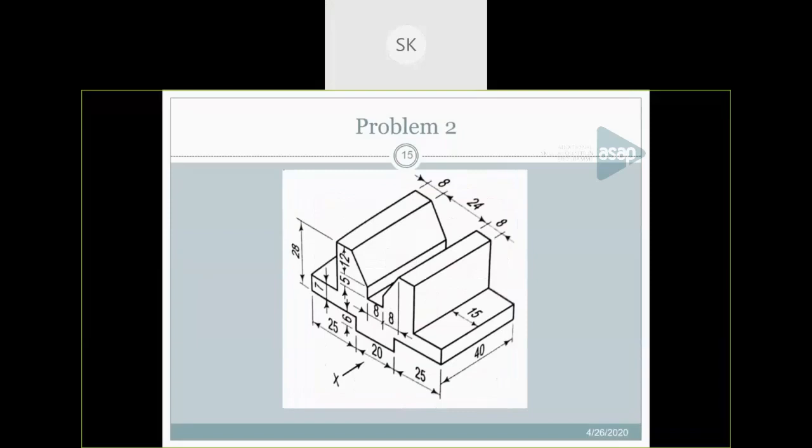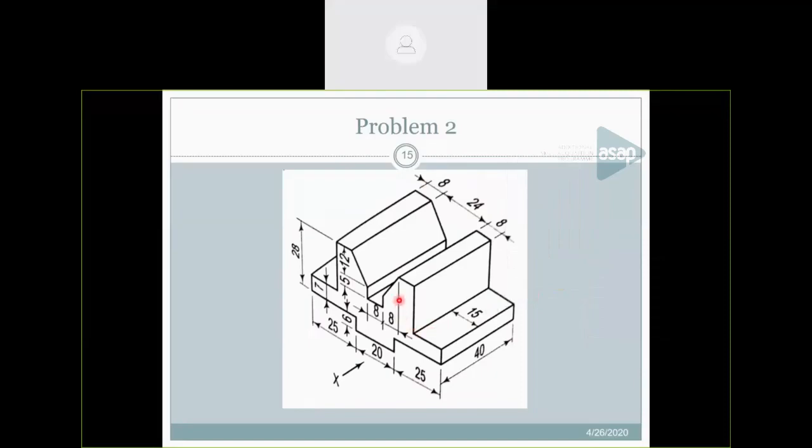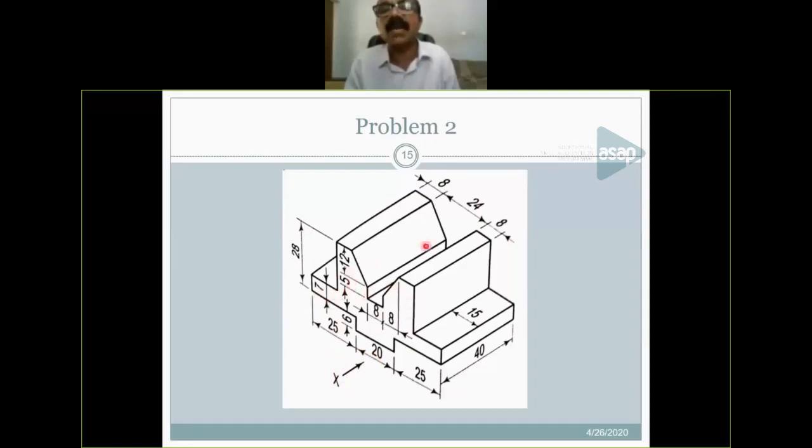In this figure, you can see the surfaces. Say this surface. Only these surfaces you can see in the front view. Only these surfaces you can see in the elevation or front view. Why? Because this is the direction of front view. That's why they put X. So depending upon this arrow, you have to fix the elevation. So in this figure, you can see only these surfaces. All the other surfaces are not visible.